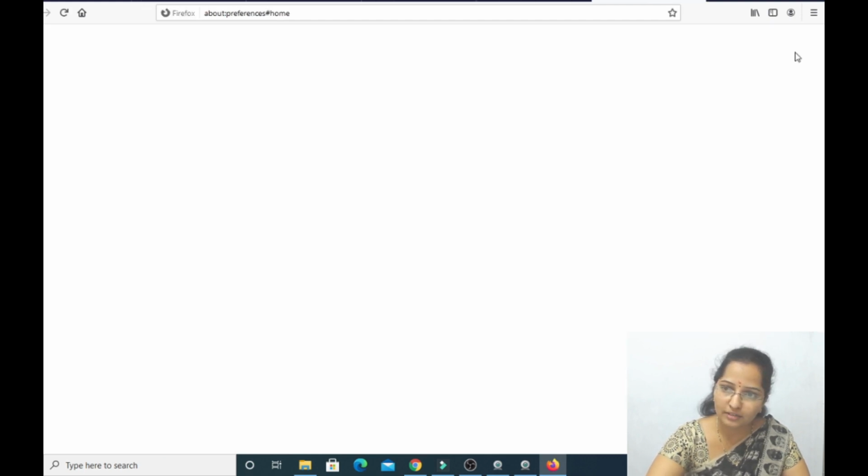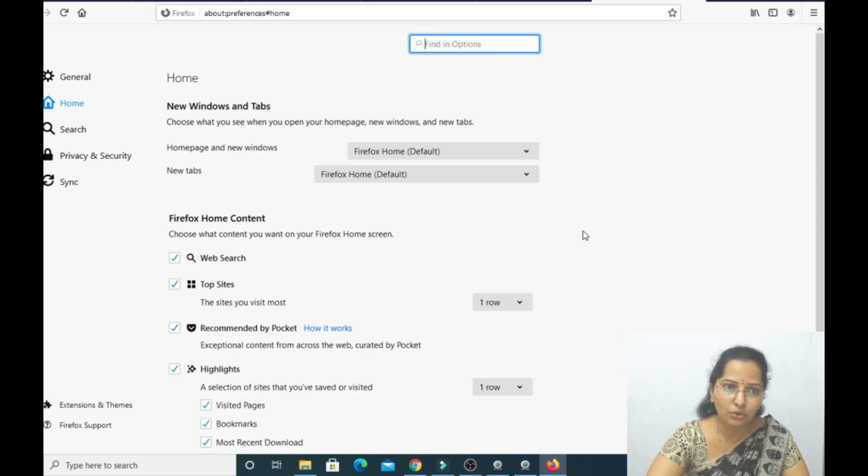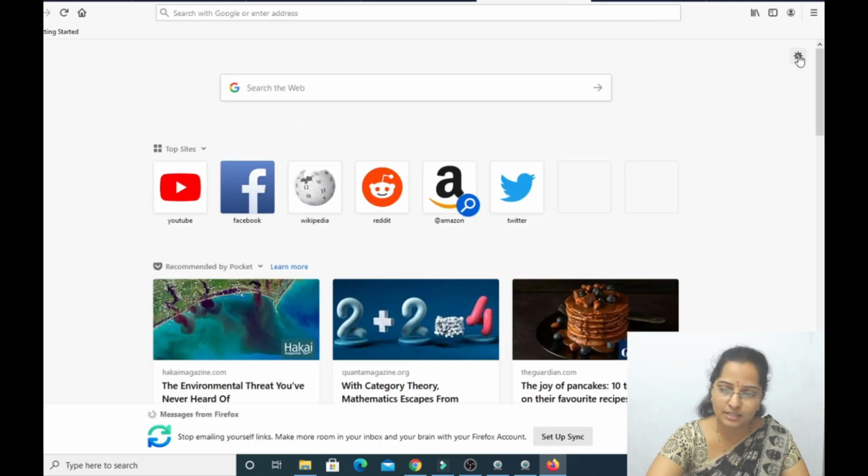Then next, what is the tool button? See, this is the tool button in the web browser, on the top right side corner. It allows us to view downloads, customize settings and provides us many options. That is no need for you guys, but keep in mind it is settings. In the tools button, we can view how many pictures, audios, videos we downloaded from the internet. See, this is about the web browser.